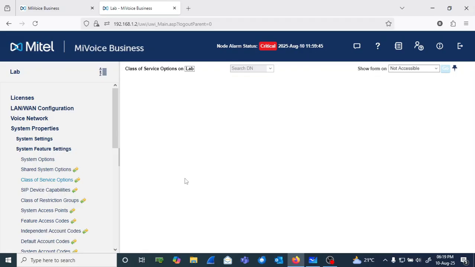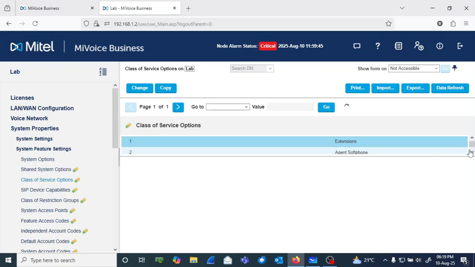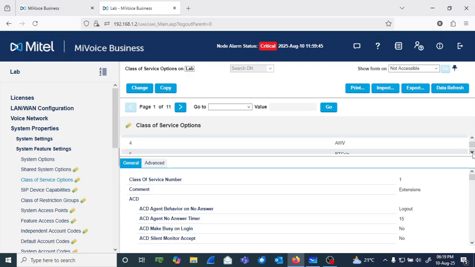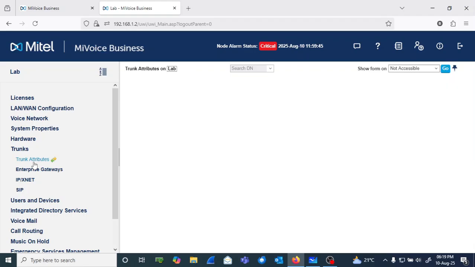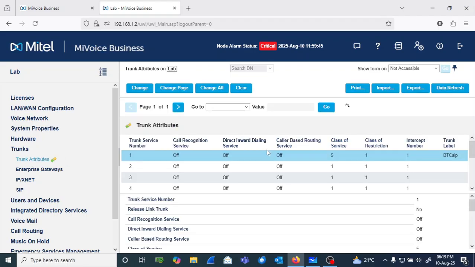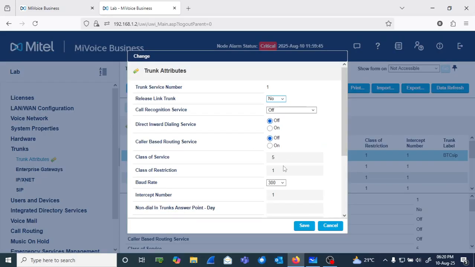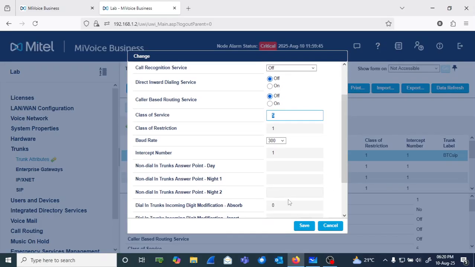We said class of service number 5 is for our SIP trunk here. So when we are doing our trunk attribute, we said we are going to use trunk attribute number 1. We are going to give it class of service number 5, and we say absorb 0 for incoming calls. Incoming digits is 0. We are not going to absorb